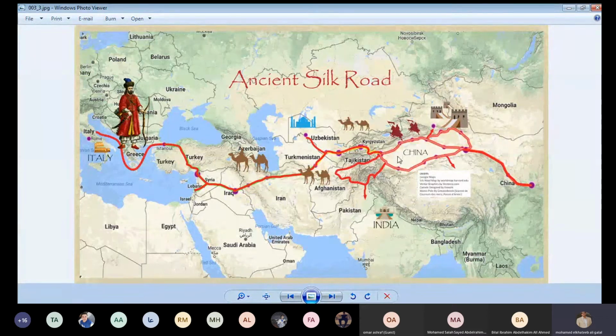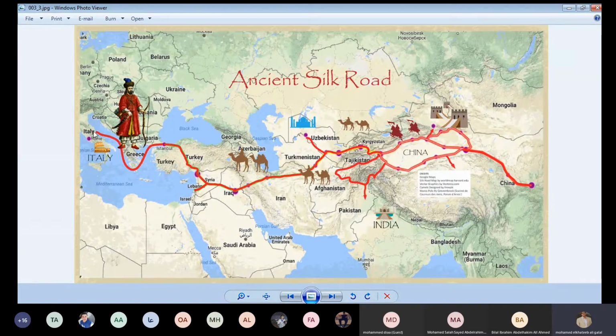What do you think these goods can be? Silk, spices, coffee, rice. Leave the coffee for now. I will tell you a story about the coffee beans later. So the silk and the spices, and also some kind of precious stones that they used to have in their jewelry. Okay?